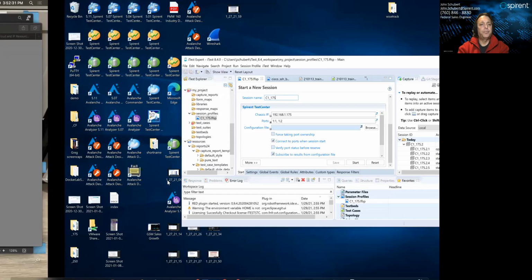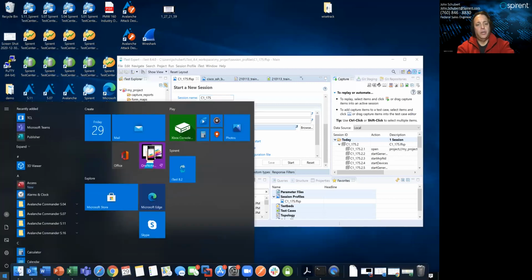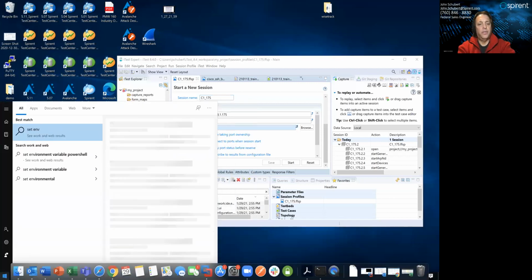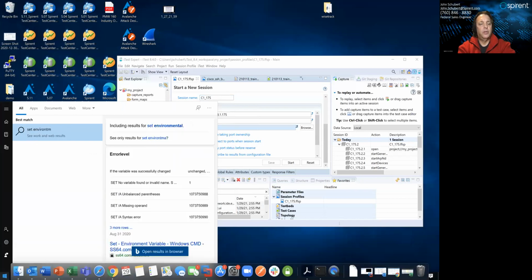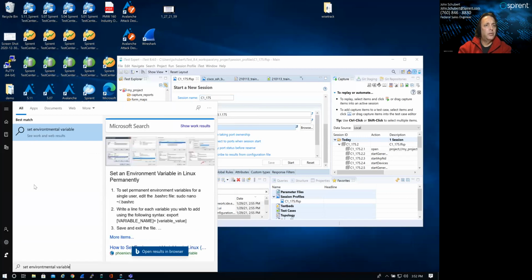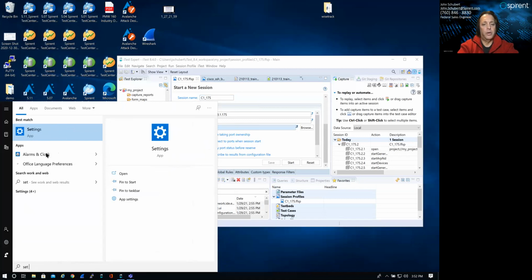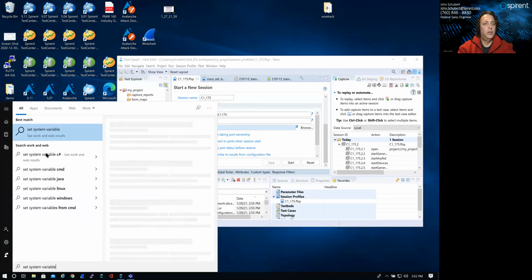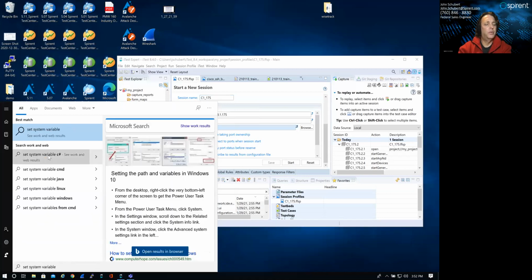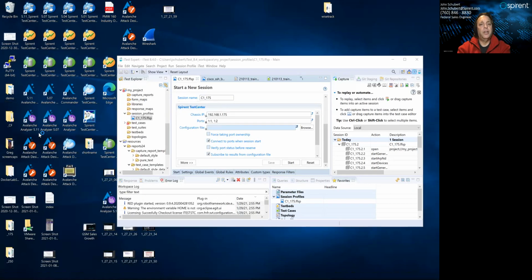Jumping back, the easiest way that I found is to just go into here and set environmental variable. And sometimes you have to play around and see what works. Set system variable. There we go, edit the system environment variables. So I double clicked on that,